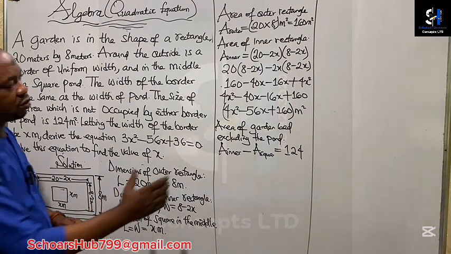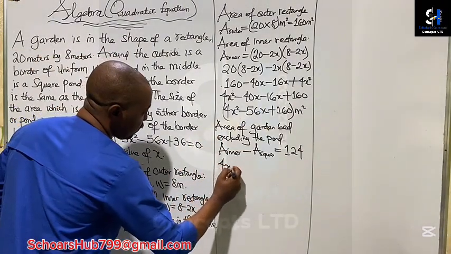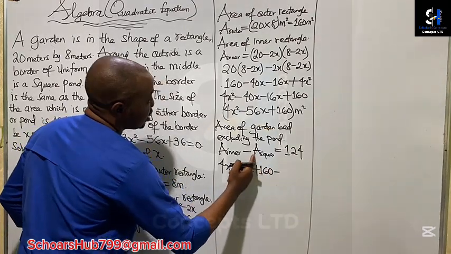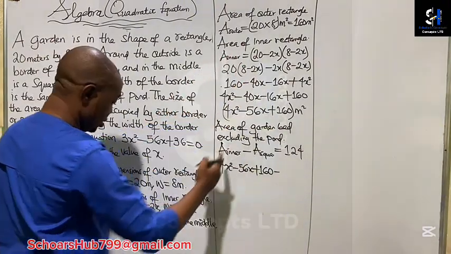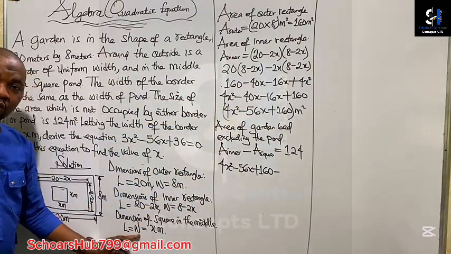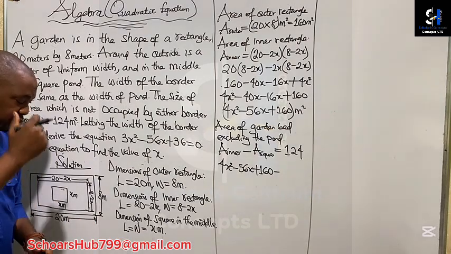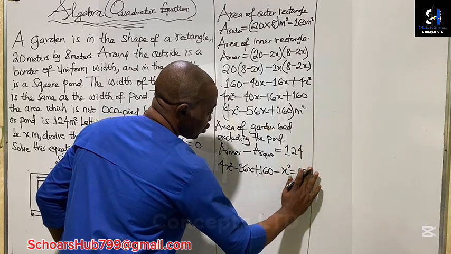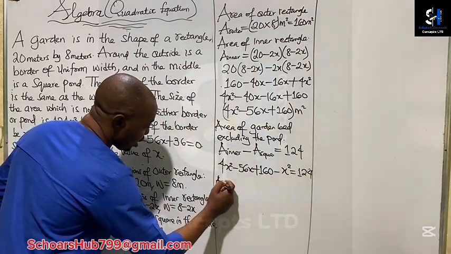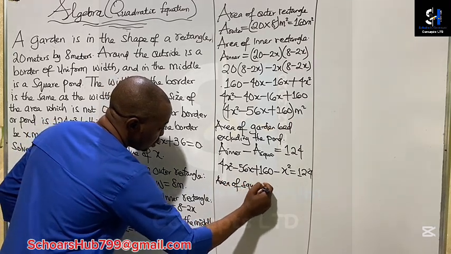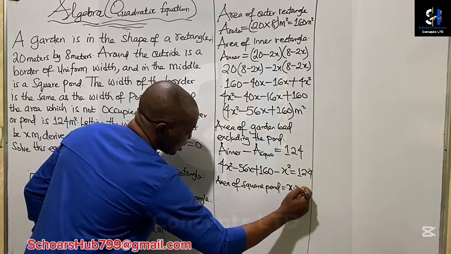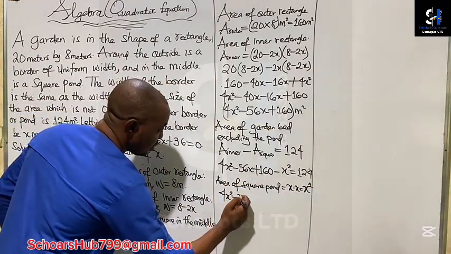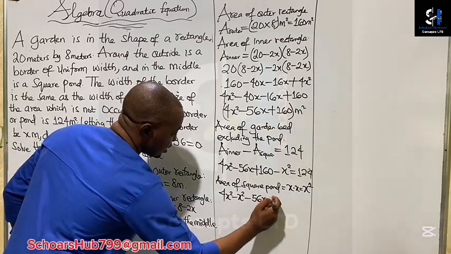So the area of the inner rectangle, this is the expression, is 4x squared minus 56x plus 160, then minus the area of the square pond. Because the length and the width are equal, the area of the square pond will be x squared, and that equals 124. Remember, the area of the square pond is x times x, and that's x squared. So we have 4x squared minus x squared minus 56x plus